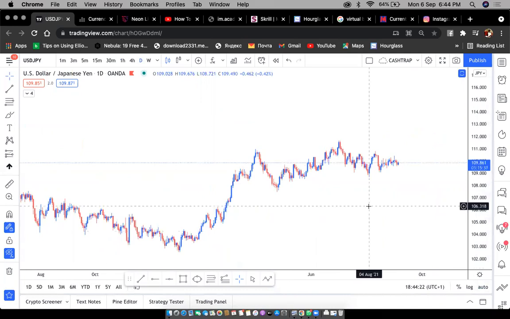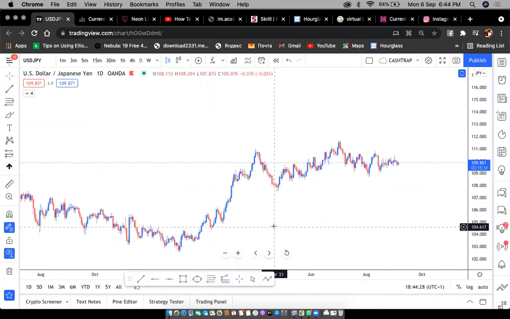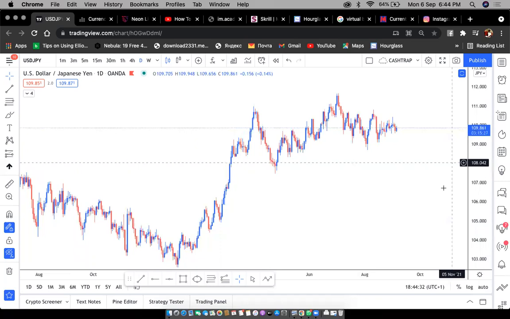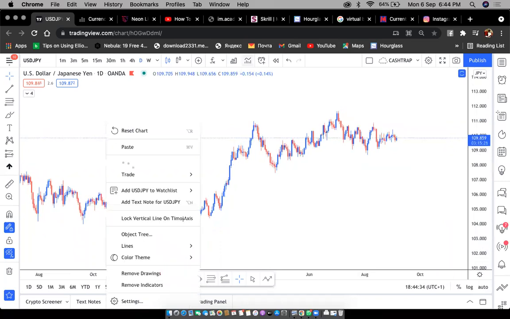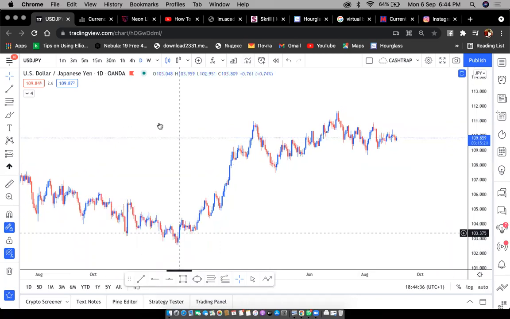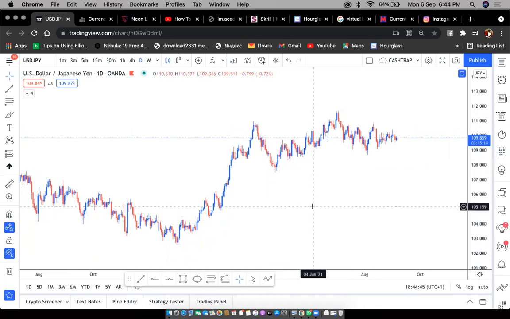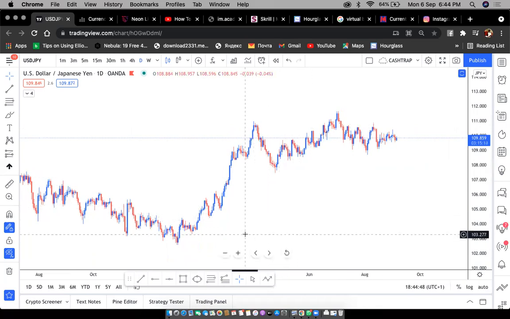So first of all, what you want to do is look for where the market is going. Now, looking at this chart, I'm on a daily time frame. So when you are looking at the daily time,